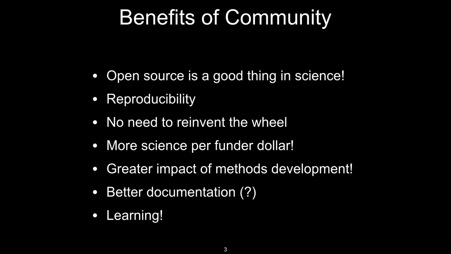The benefits of a community code can be many-fold. Right off the bat, they're typically open source codes. I think open source mirrors the ideas of open science. In science, we have to have peer review. We have to have openness. We have to have some sharing of the knowledge. We can't just say in our journal papers, I solved the problem, I'm not going to tell you how, but trust me, I've got the answer. We can't do that in science. And so open source is a critical component of that in our software tools.